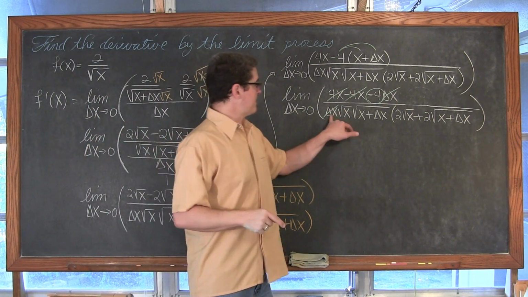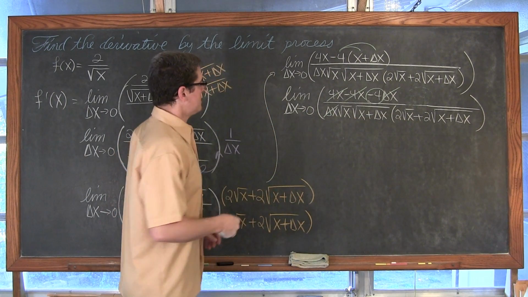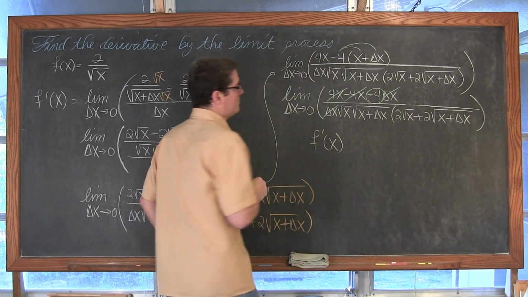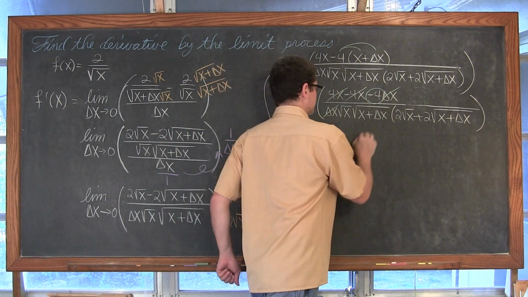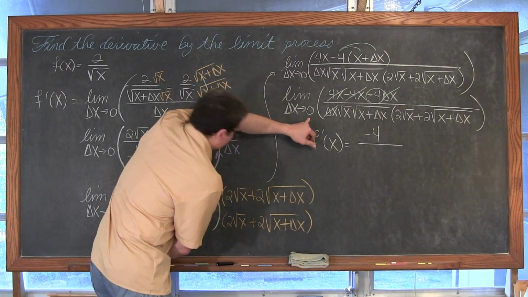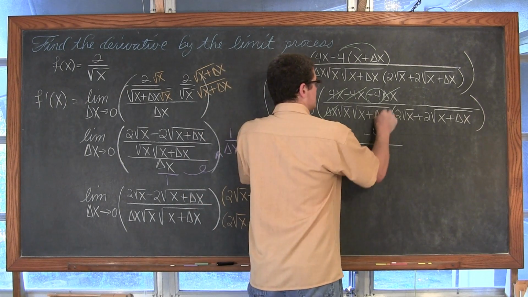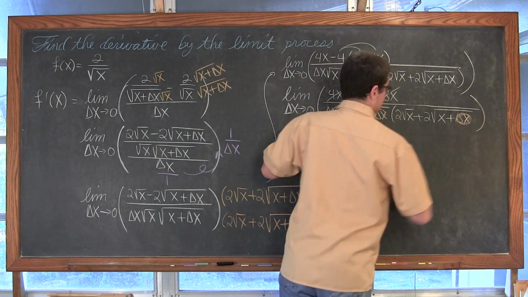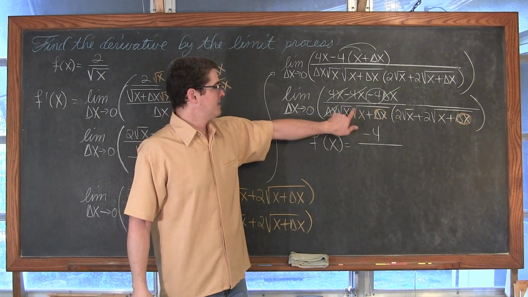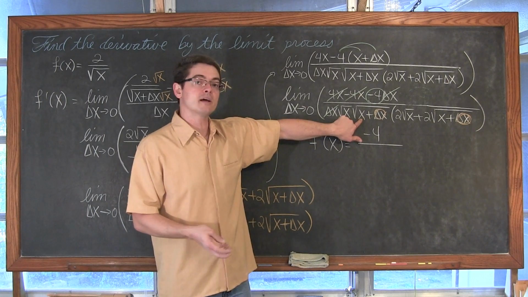Now I can take, with that delta x factor out of my denominator, take that 0, plug it in, and a lot of nice stuff's going to happen, and we'll be done. F prime of x is equal to negative 4 over, now let's not forget we're plugging in 0, right? We're letting the delta x approach 0, so this is going to approach 0. This delta x is going to approach 0, and we have the square root of x times, well now this is going to be just simply square root of x, so square root of x times square root of x is x.